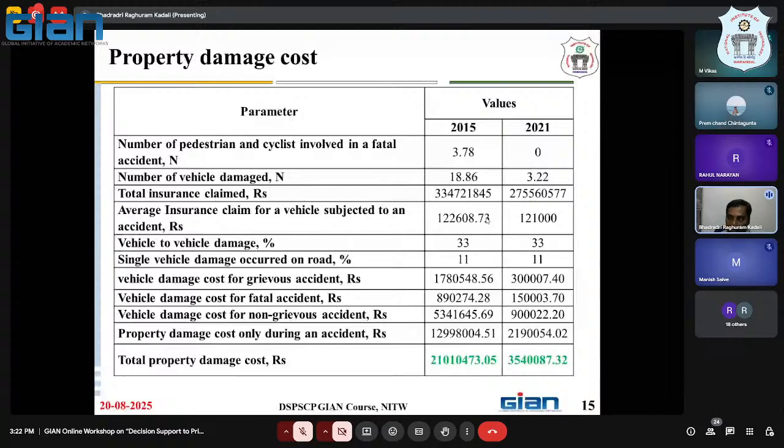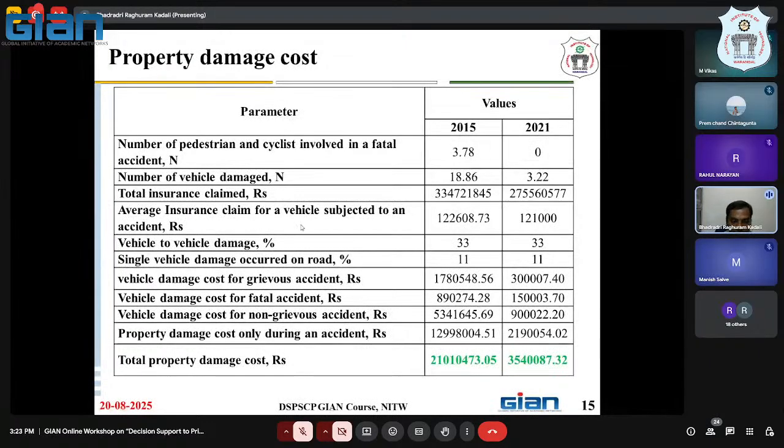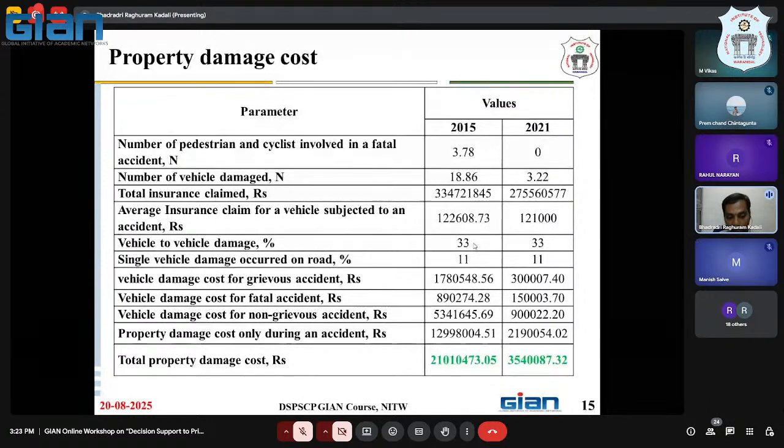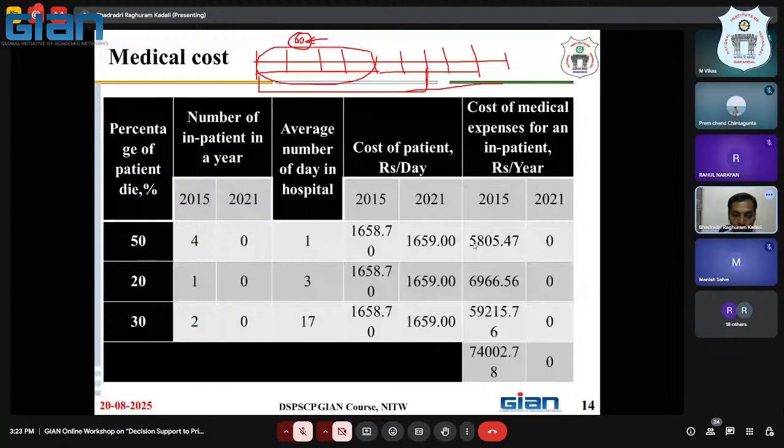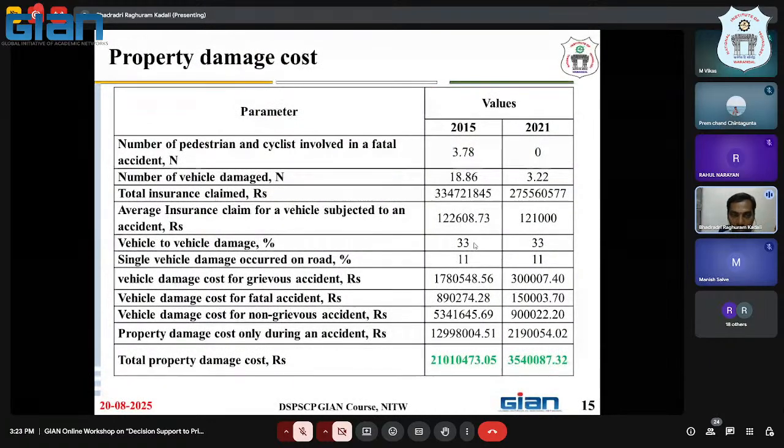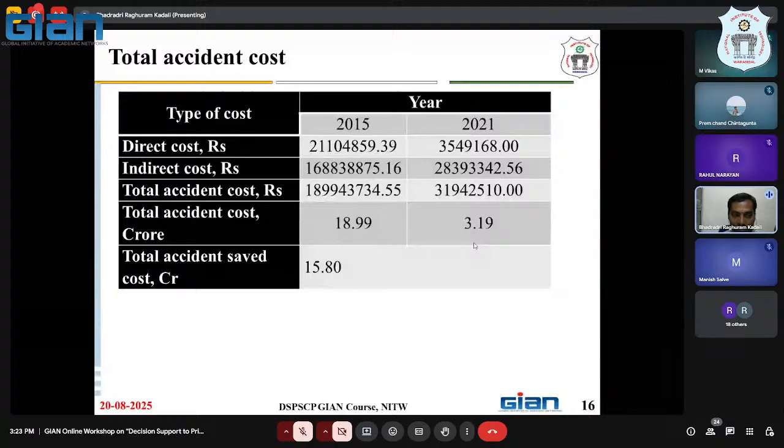sites or websites. They generally publish the average insurance claimed by people and by vehicles. For the vehicle-to-vehicle damages, mostly 90% of the data we have taken from secondary sources. All this information we generally get only from secondary sources. There is no specific information published related to property damage cases, or maybe the medical cost, something like that. So all together, we need to find out the total accident cost from